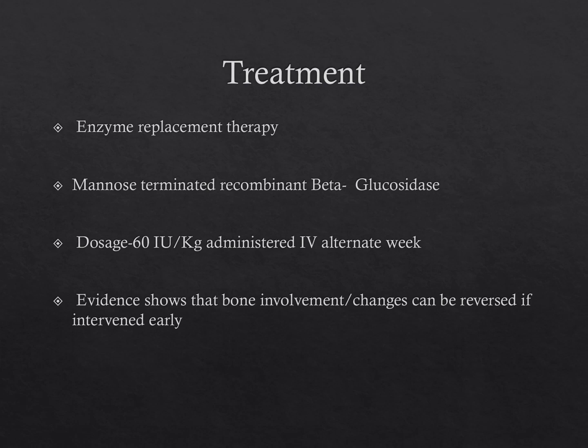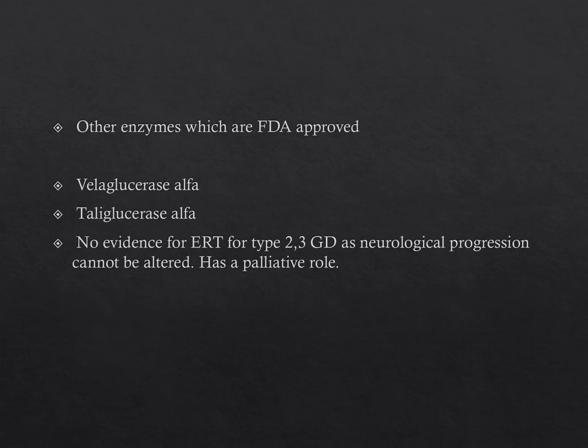disease, and the treatment involved is enzyme replacement therapy in the form of a mannose-terminated recombinant beta-glucosidase, which is the enzyme depleted in this disorder. The dosage involved is about 60 international units per kg, administered intravenously every alternate week. Evidence has shown that bone involvement or bone changes in the form of osteopenia can be reversed if intervened early enough. The other artificial enzymes which are FDA approved include